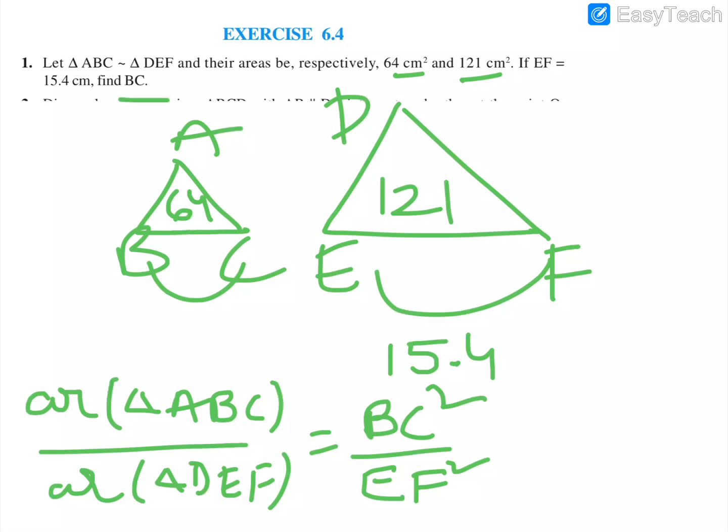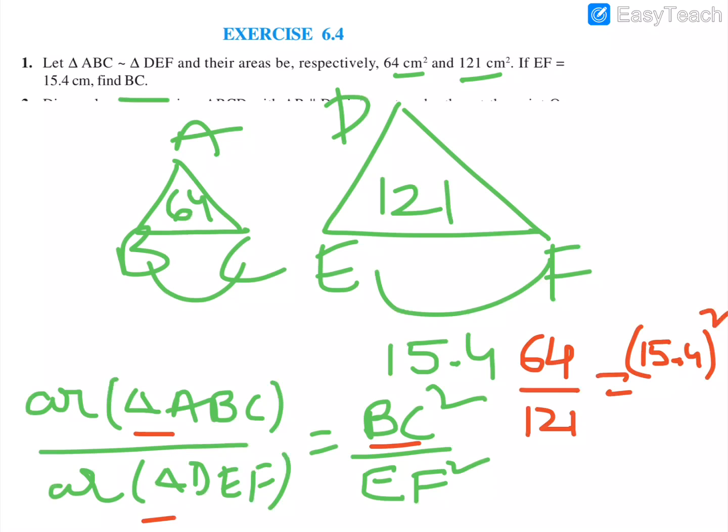Let's substitute. Substitution part is very simple. Area of triangle ABC is 64, triangle DEF 121, and BC we don't know, and EF we know, that is 15.4. Let's substitute. That is 64, area of triangle ABC, by area of triangle DEF, 121, is equal to BC square by 15.4 square. BC we don't know. BC is what we have to find out. So it is BC square only by what is EF? It is given as 15.4